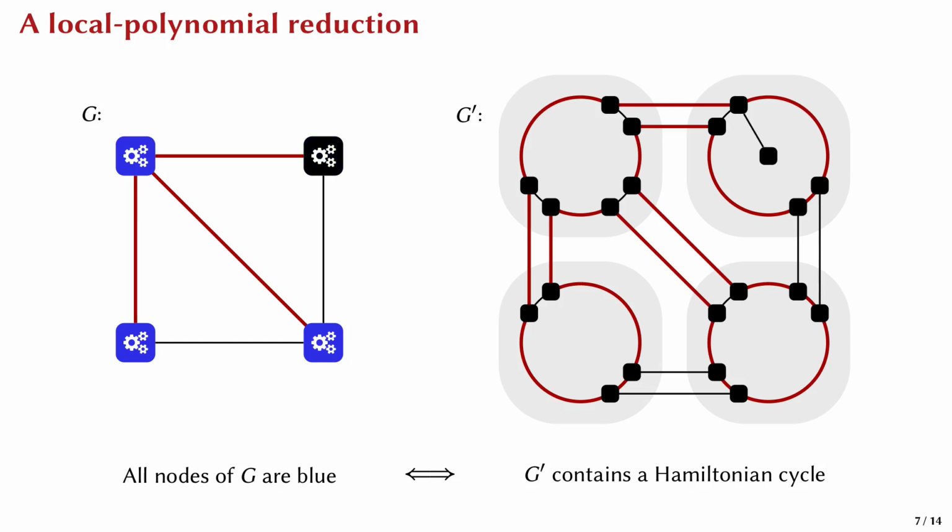Conversely, if the old graph is a no instance, then there must be some node that is not blue. And it's very easy for that node to destroy the Hamiltonian cycle simply by adding an additional gadget to the new graph. So that's what I mean by a local polynomial reduction. And the nice thing about it is that if we restrict our networks to consist of a single node, then this is exactly the same as classical polynomial reductions. In fact, sometimes we can even take a classical reduction from a textbook and directly generalize it to the distributed setting. Let me give you an example.